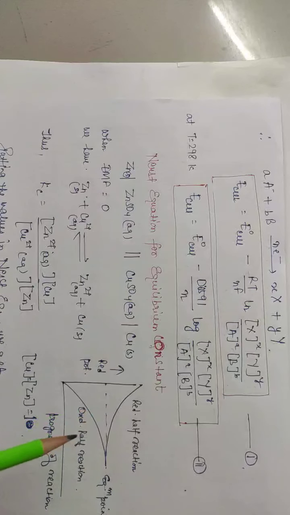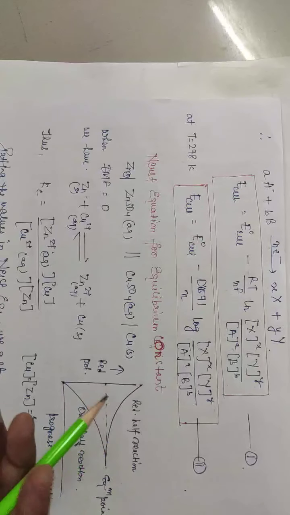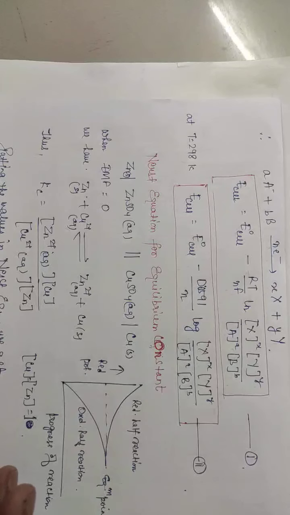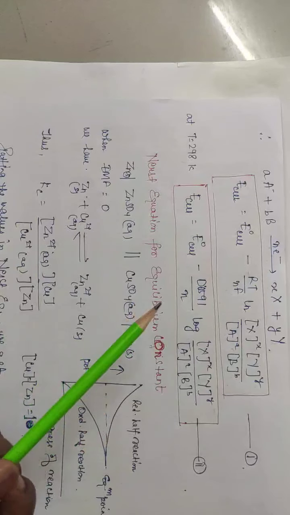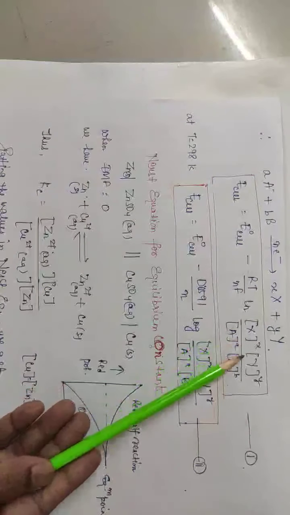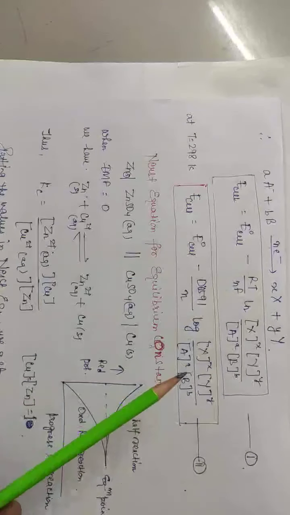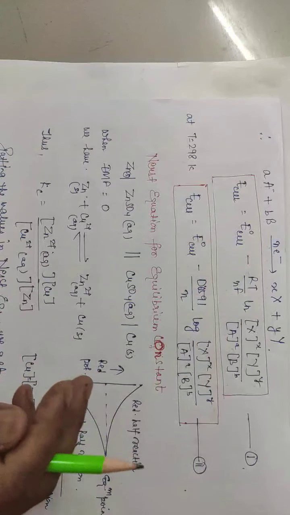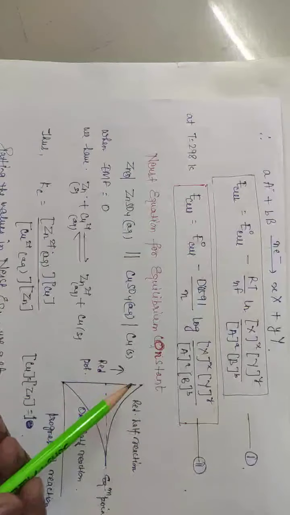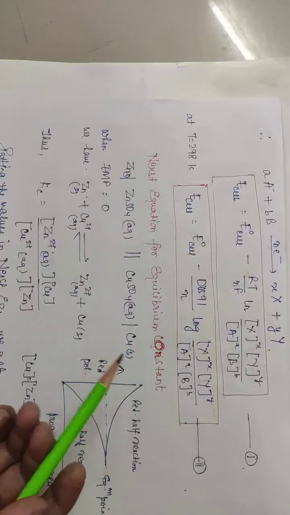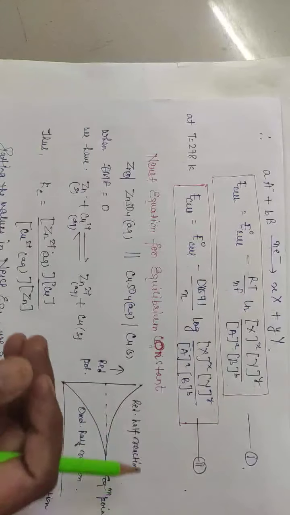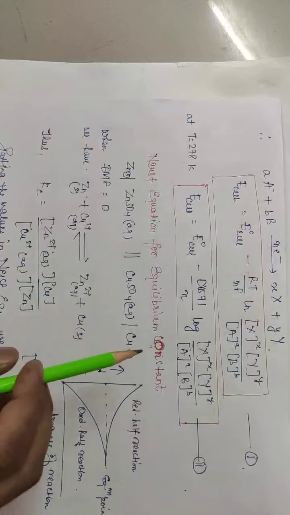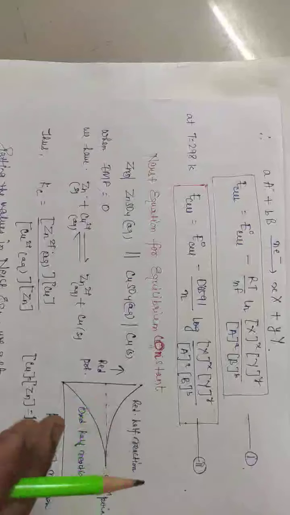As a result, what happens? The concentration of the copper sulfate solution decreases whereas the ZnSO4 solution increases. Since the electrode potential depends upon the concentration of the solution, it keeps on changing with the passage of time. Ultimately, a stage will come when the electrode potentials of the two half cells become equal, and there will be no flow of current. That is, the current stops flowing.